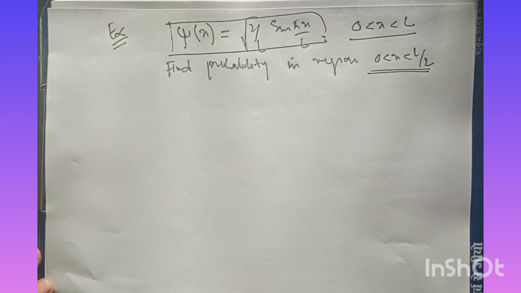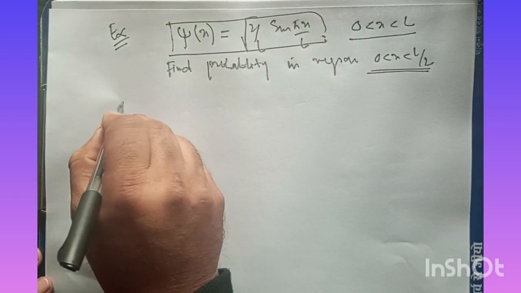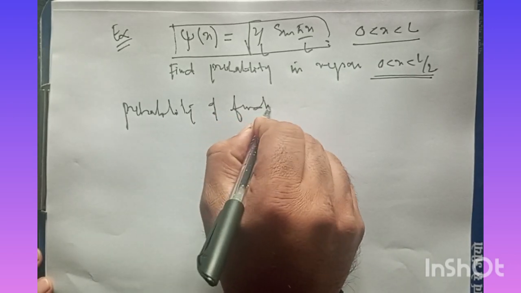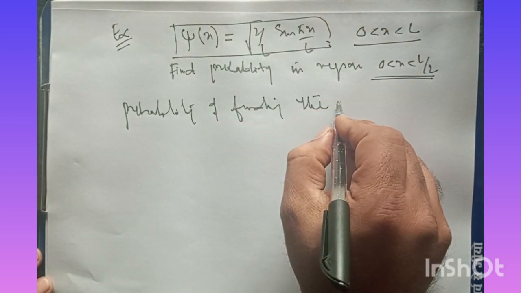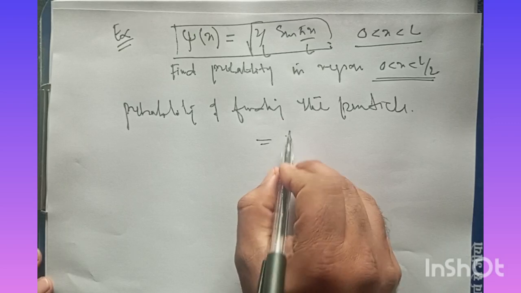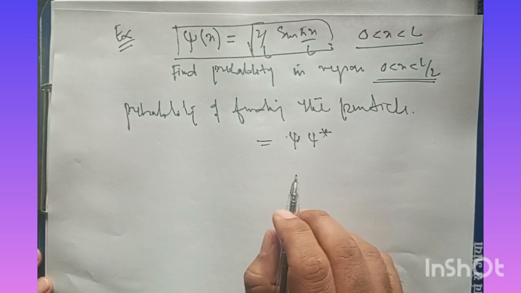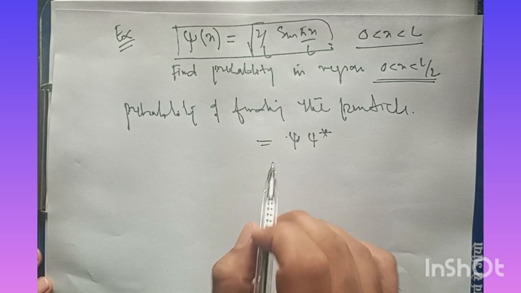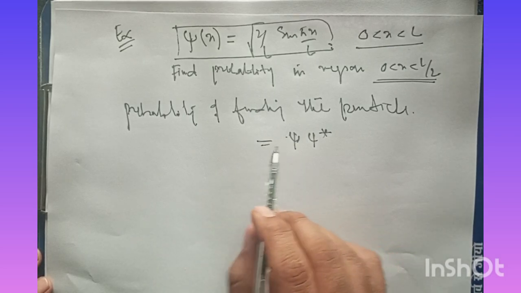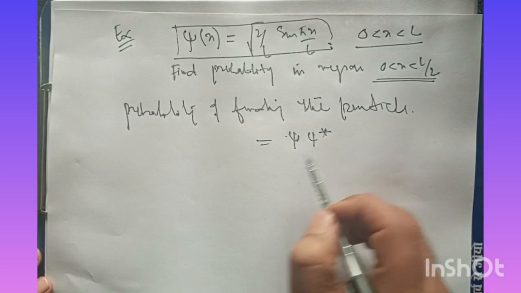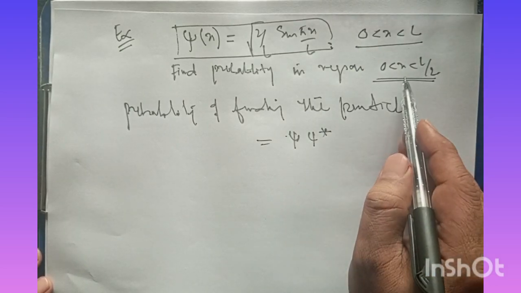Now, to start with, in order to calculate the probability of finding the particle, that will be given by psi star, and in this particular case, the limit within which we have to find this probability is between 0 to L by 2. So, to define the probability in terms of the limits that are given in the problem,